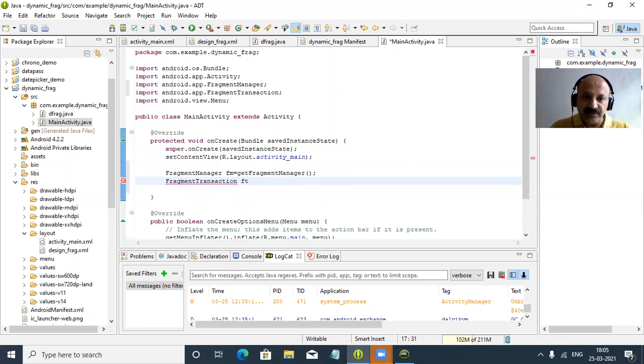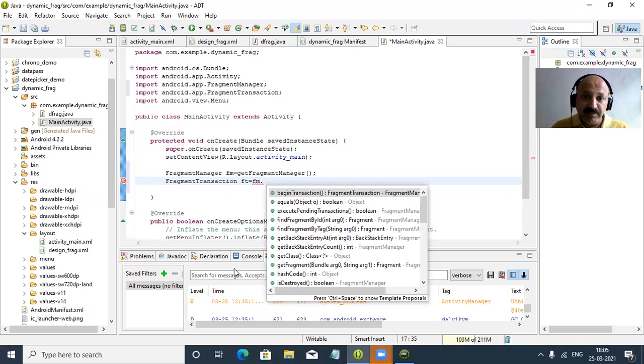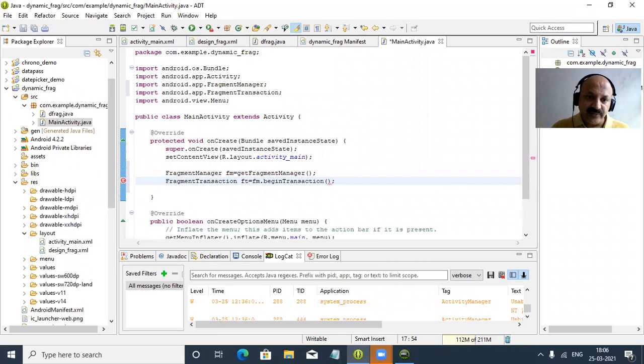So I give the id ft, and with fm, the fragment manager, beginTransaction. That means the transaction starts, like in Oracle, begin transaction, end transaction. That is a method, and the return data type is the FragmentTransaction class, a method of the FragmentManager class. So fm means fragment manager, and ft means fragment transaction.